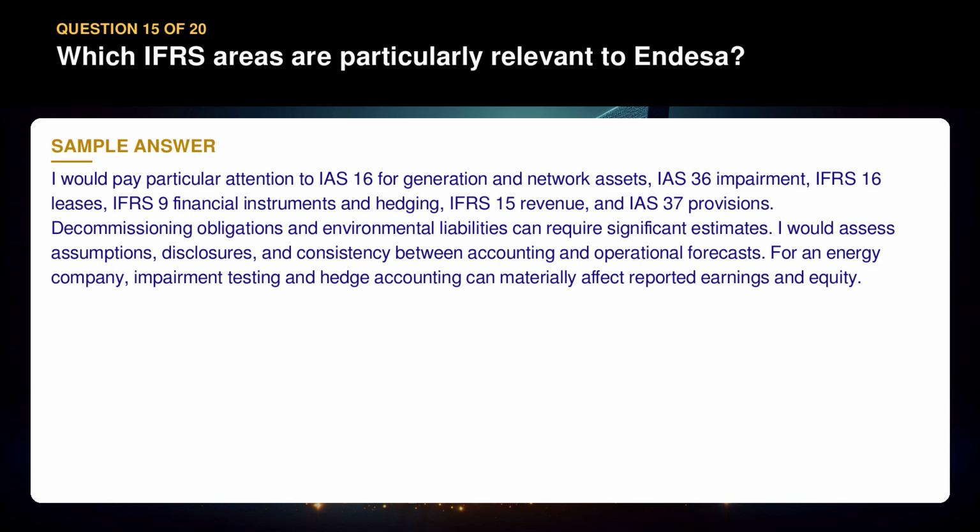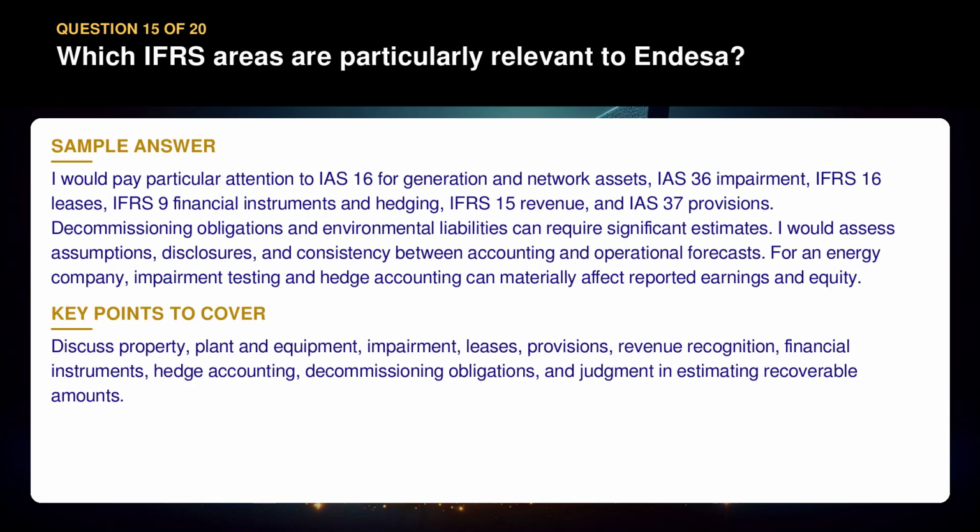Decommissioning obligations and environmental liabilities can require significant estimates. I would assess assumptions, disclosures, and consistency between accounting and operational forecasts. For an energy company, impairment testing and hedge accounting can materially affect reported earnings and equity. Discuss property, plant and equipment, impairment, leases, provisions, revenue recognition, financial instruments, hedge accounting, decommissioning obligations, and judgment in estimating